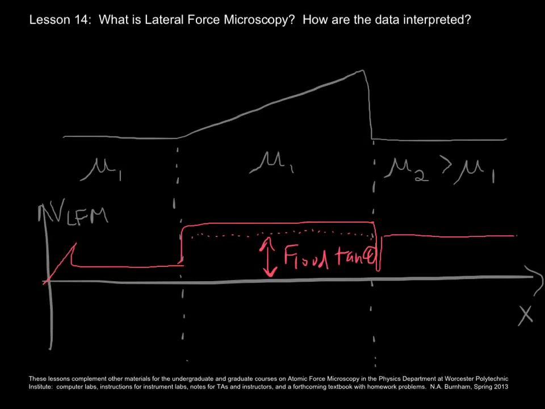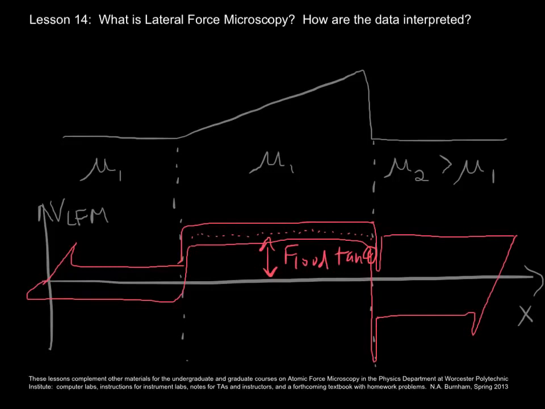We stop, we turn around the cantilever scanner, and nothing much happens for a bit. And then we start sliding again. We reach this, and now it's a step up. That's going to make us twist a lot. And then we'll come back here, because we're on the slope. That causes twisting to the left, and then back down here again. Okay. I tried to draw this such that